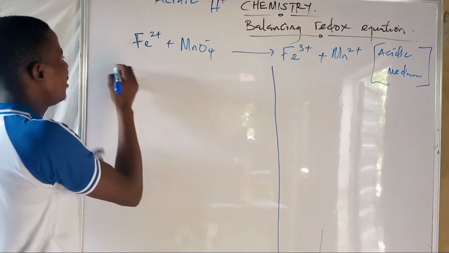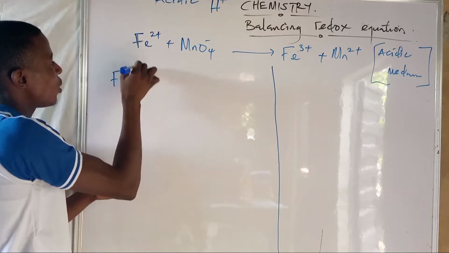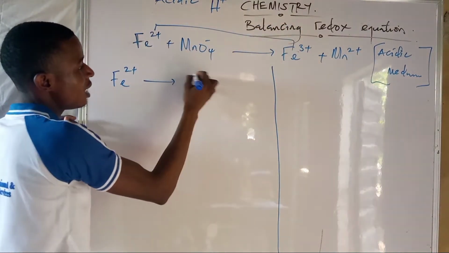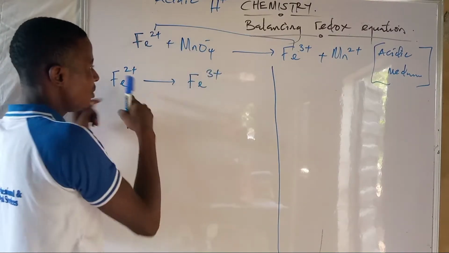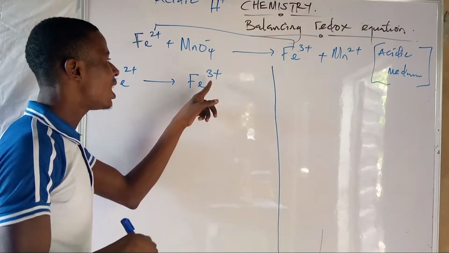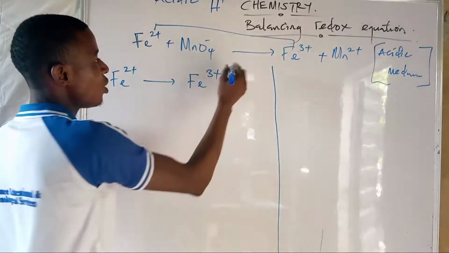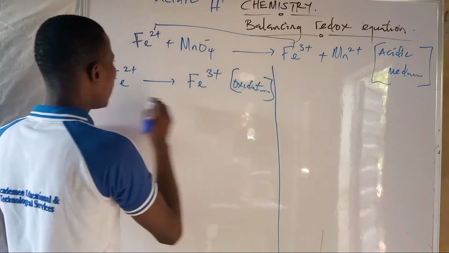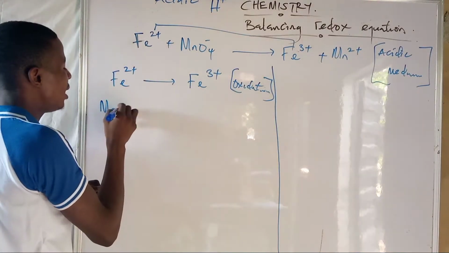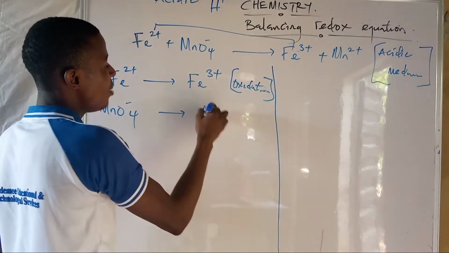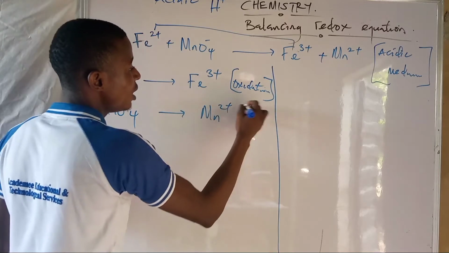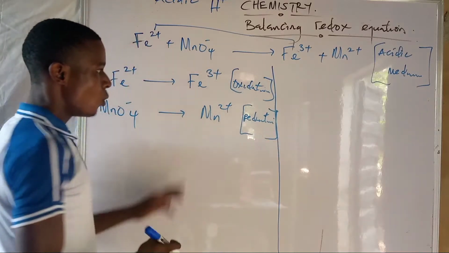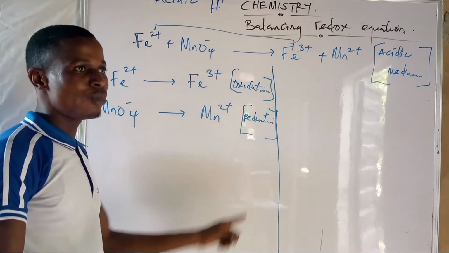half anodic reaction. Take for example, we have Fe2+ going to Fe3+. This is increasing oxidation number. This is oxidation. Likewise, the second one, MnO4- going to Mn2+. This is reduction, without even thinking twice. Once the first one is oxidation, the second one must be